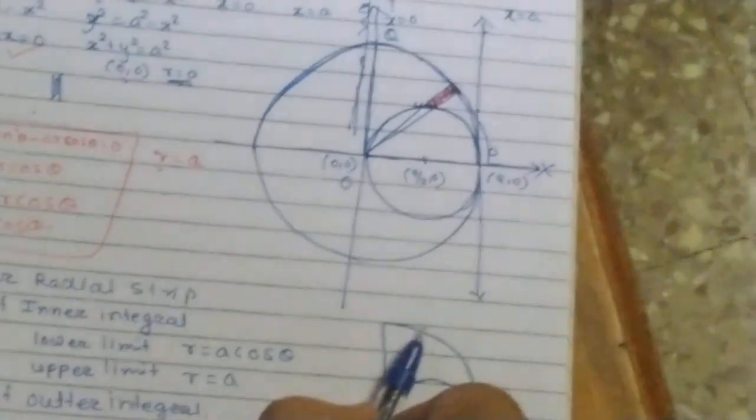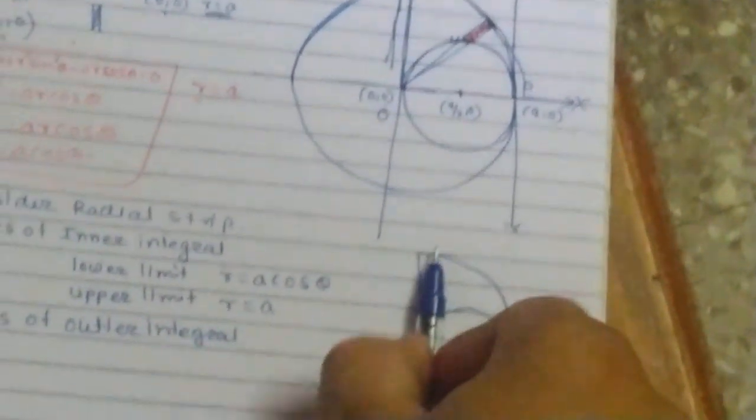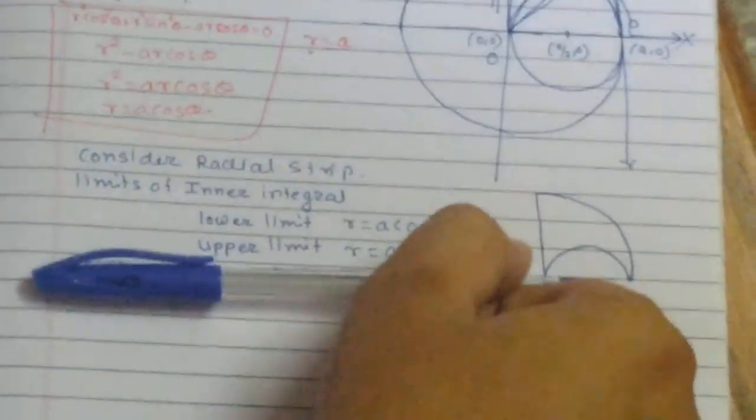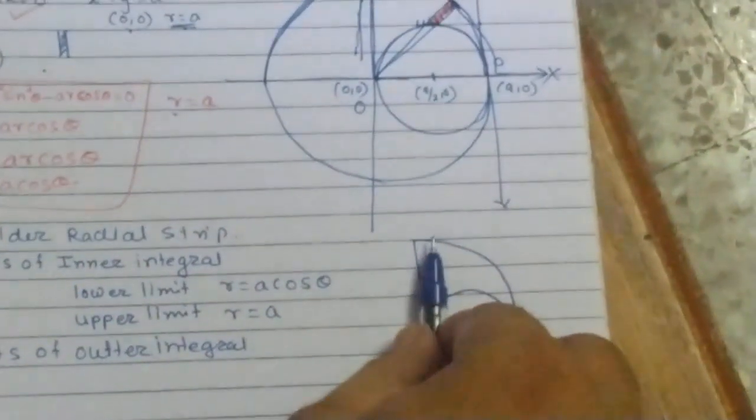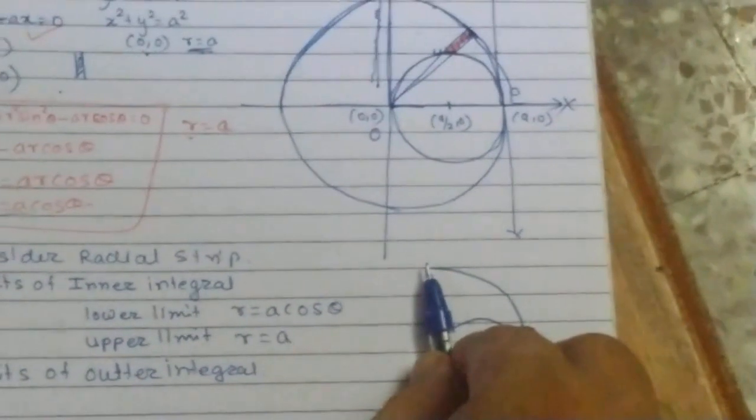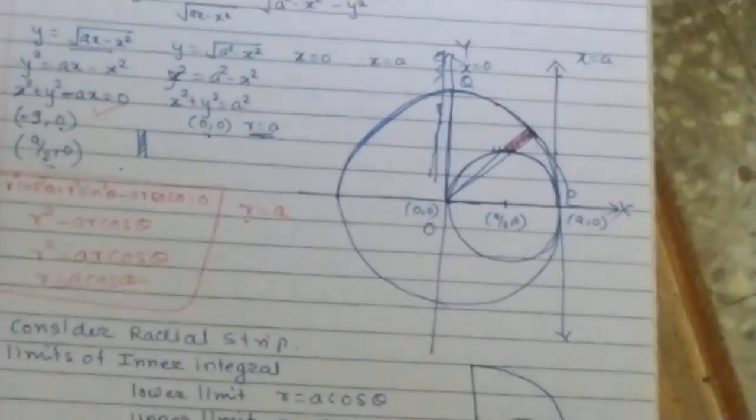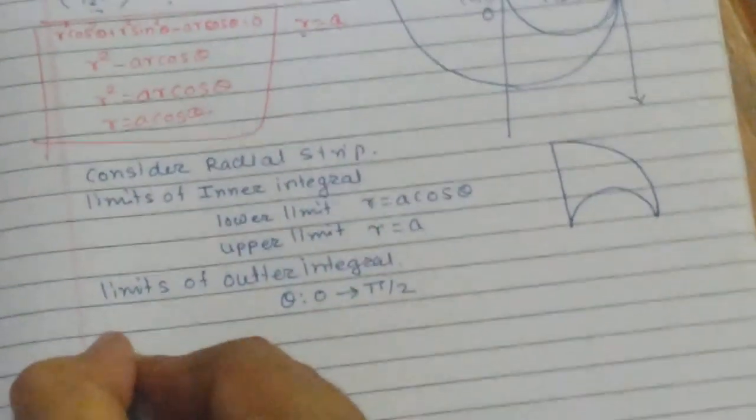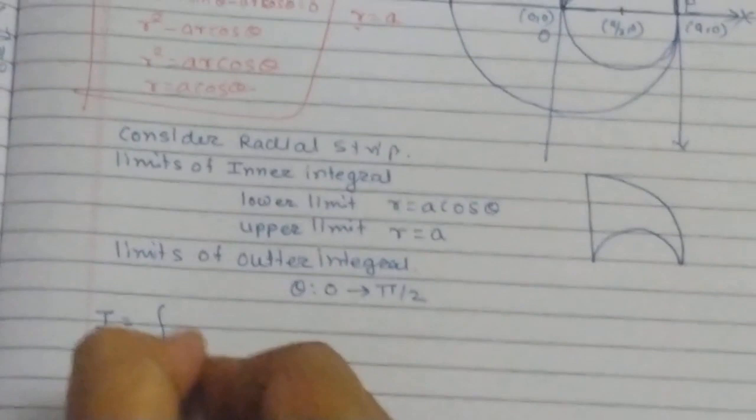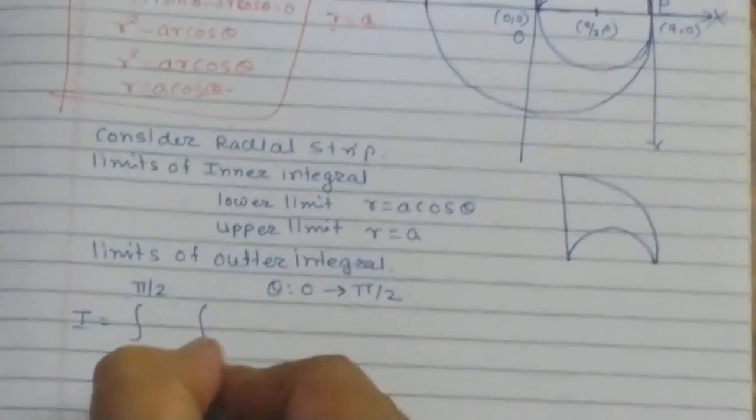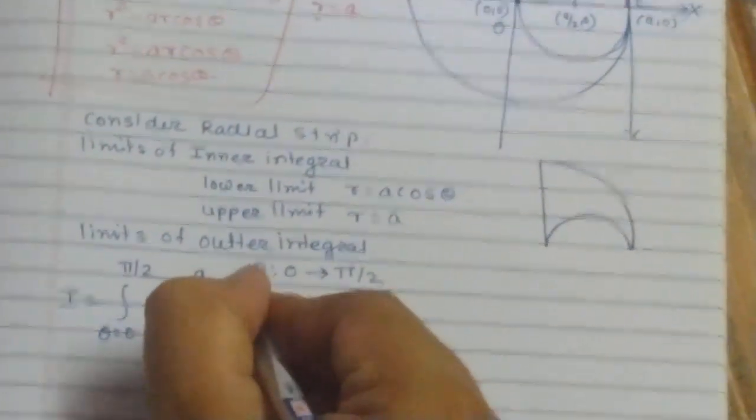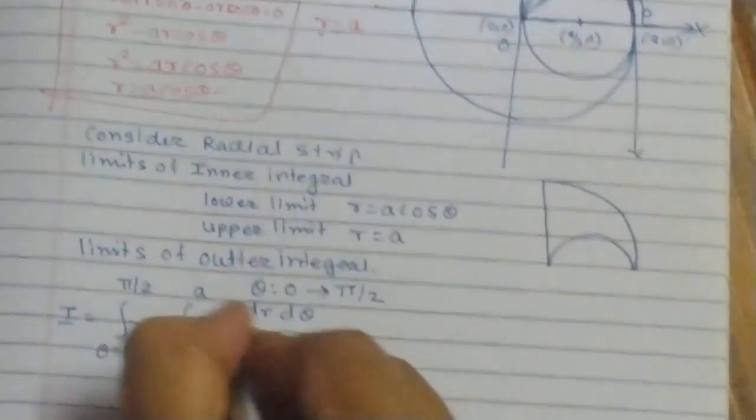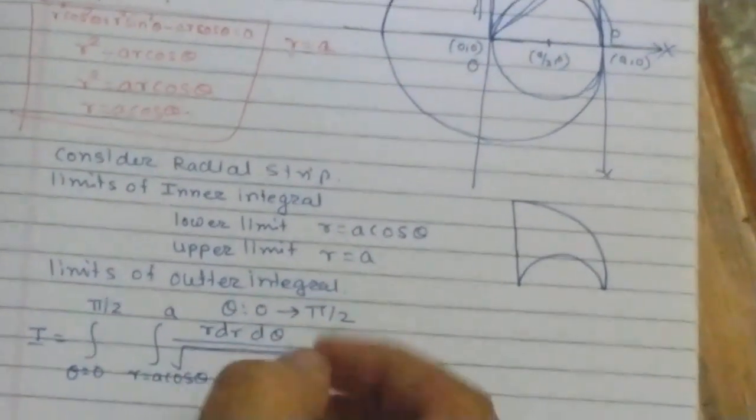To cover this region, you need to rotate your strip by an angle of 90 degrees. Here the angle is 0, and once you reach this, you have rotated by 90 degrees. Hence theta will change from 0 to pi by 2. Therefore my integral I becomes theta 0 to pi by 2, r is equal to a cos theta to a, and dy dx of course is replaced by r dr d theta, whole divided by square root of a